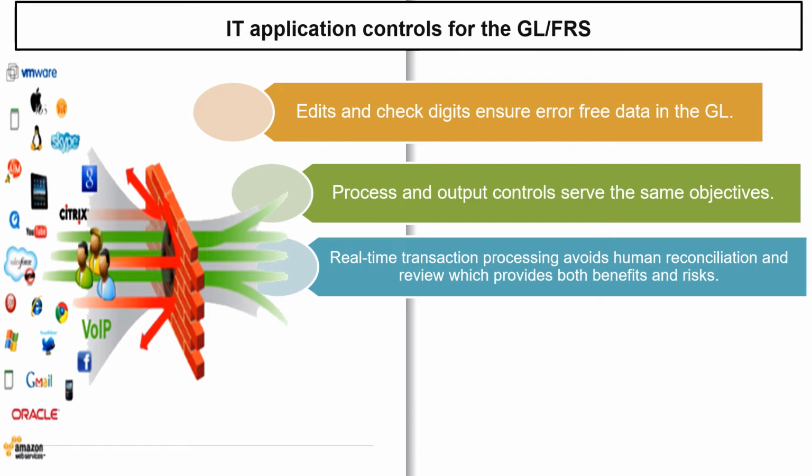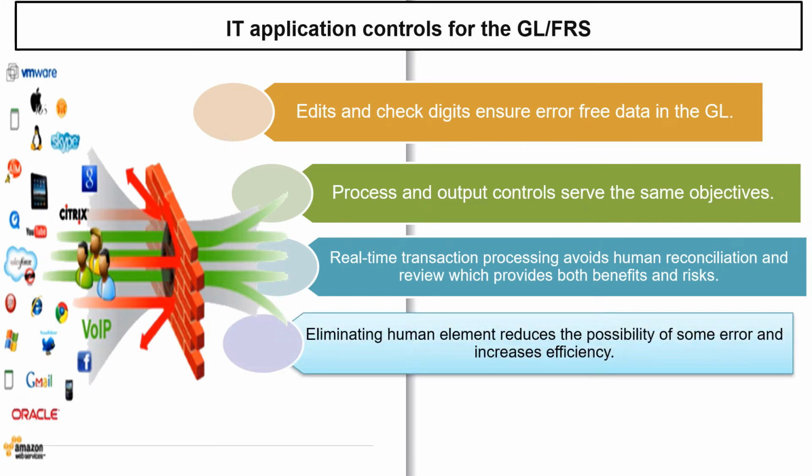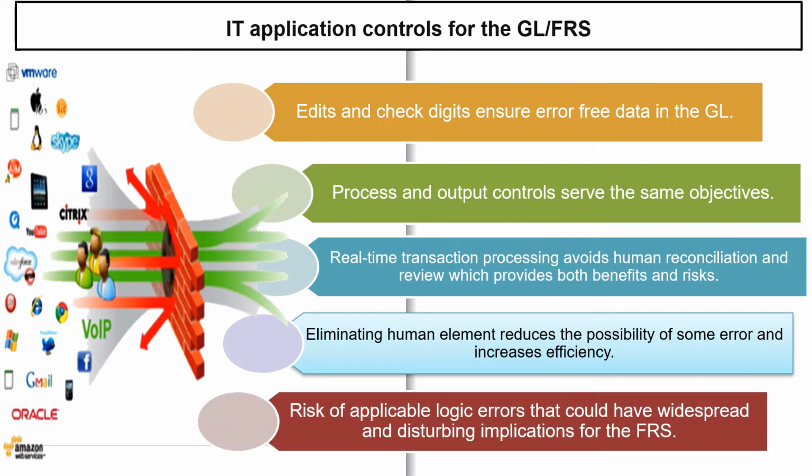which provides the benefit and also may create some risk, but the benefit is more, I believe. By eliminating the human element, this would reduce the possibility of some errors and increase the efficiency of the processing in the general ledger and financial reporting system. The risk of applicable logical errors could have widespread and disruptive implications for the financial reporting systems. So we need to apply some IT application at the processing level to ensure